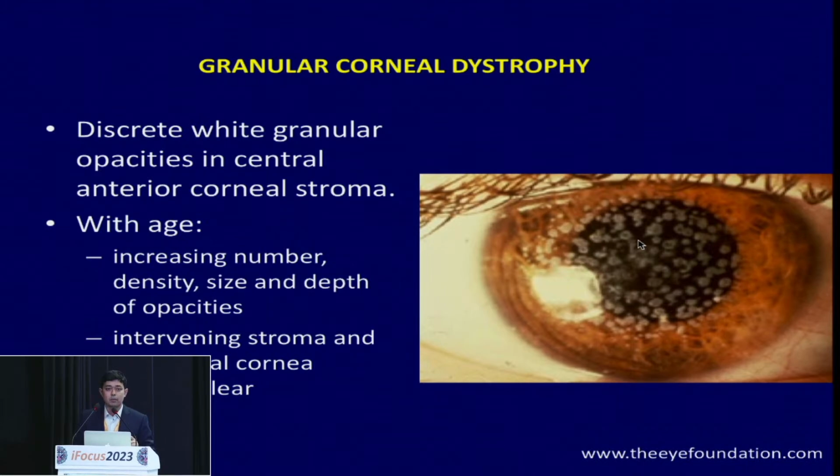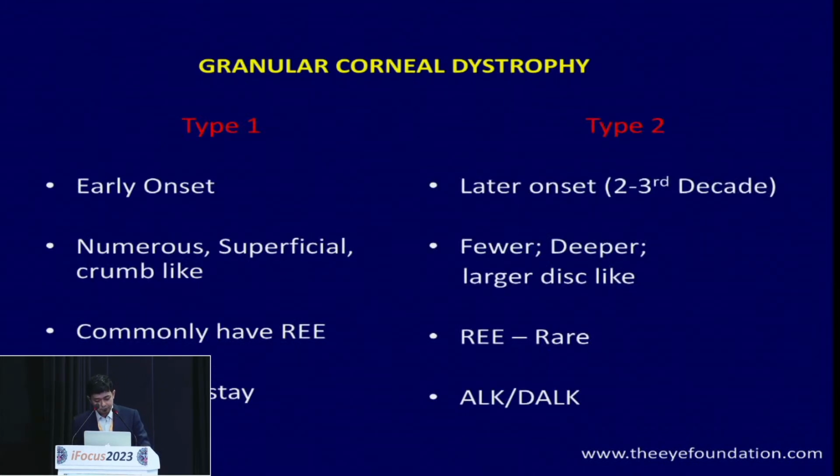This is important to remember because in macular the intervening spaces will be hazy. In granular the intervening spaces will be clear. So you have the early type and the later type. The type 1, which is usually a superficial involvement, recurrent corneal erosion is very, very common, and the mainstay of